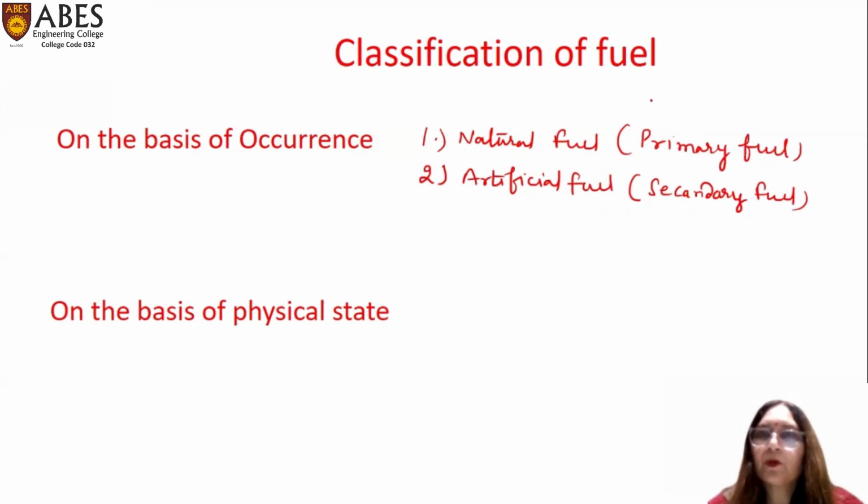like coal, wood, peat, crude oil, natural gases. And second is artificial fuel. Artificial fuel means they are man-made, or we can say they are prepared with the help of natural fuel. That is called artificial or secondary fuel,